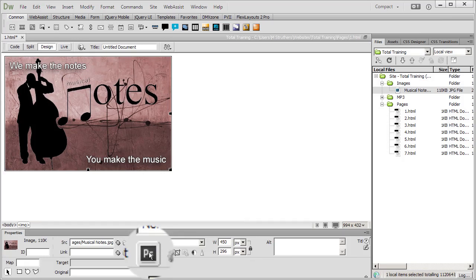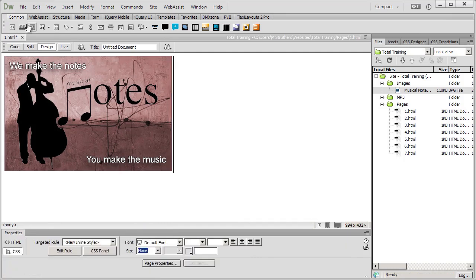Remember how we've just set this up? Any JPEG extension files, which is what this is, will be edited directly here with whatever we've just set up as our primary focus, i.e. Photoshop in our case. Now, if you simply want to change it to a different program, Fireworks for example, well,